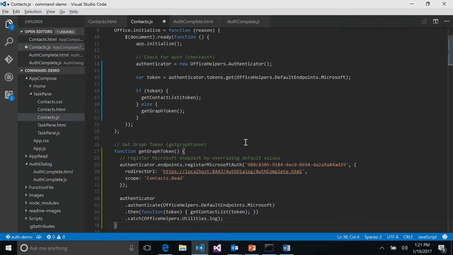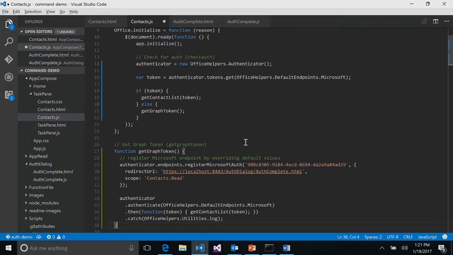Okay? And then I'm just going to say authenticate. Go ahead and authenticate to a Microsoft account, and when that's done, it's going to call this callback with the actual token that comes back. So I'm going to pass that to get contacts list, and we'll be all set.